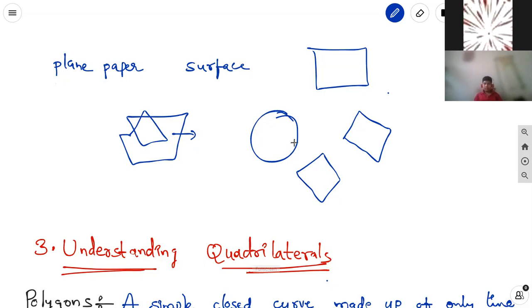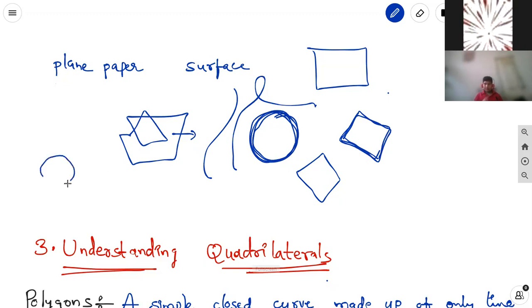Here there are two types. One is a simple curve, another one is not a simple curve. Simple curve means if we draw any curve, it's like this. It is a curve, but joining of lines is called a polygon. That is the difference. In this, there is a closed curve and a non-closed curve. Closed curve means if the end points are joined together, then that is called a closed curve. If the end points are not joined, then it is not a closed curve.